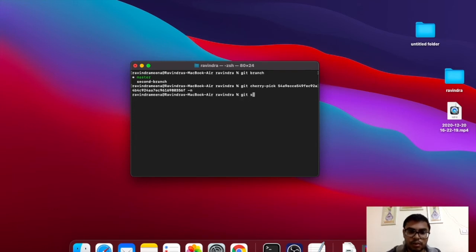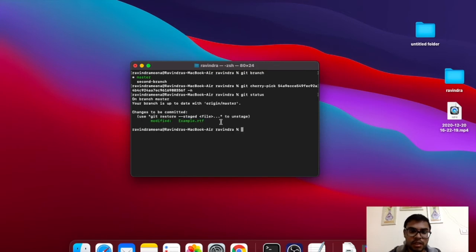Now if you do git status, we can see that one file has been modified. This change is coming from the other branch, so we have brought those changes into the master branch, and this particular change is staged. What we can do is git add, this is our example file, and hit enter.